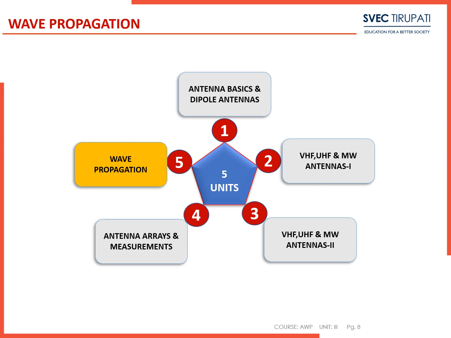So we have to see what is happening to the wave between these two antennas. That is called how the wave is propagating. In order to see the wave propagation between transmitting and receiving antennas, the propagation can be of three ways, which we are going to study in this unit. They are ground waves, space waves and sky waves. Ground waves are also called surface waves, space waves can also be called tropospheric waves, and sky waves are also called ionospheric waves.